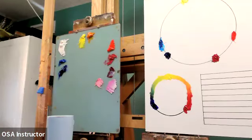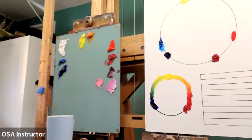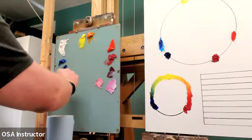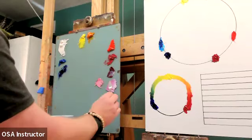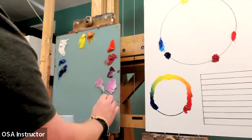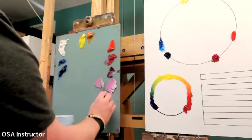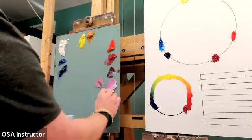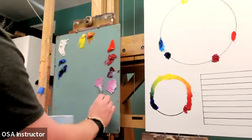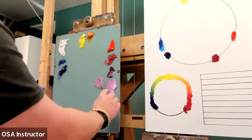So yeah, you can see one's much warmer and one's much cooler. And I want to see if I add a little bit of ultramarine blue, where it goes, if it becomes closer to that color. Yeah. So when I add a little bit of blue to it, it starts to become quite a lot closer to the